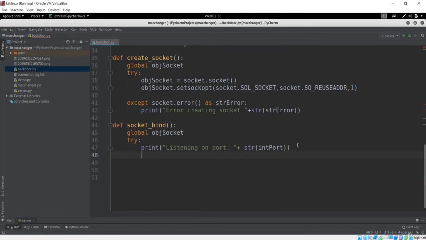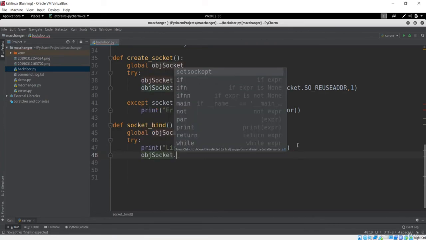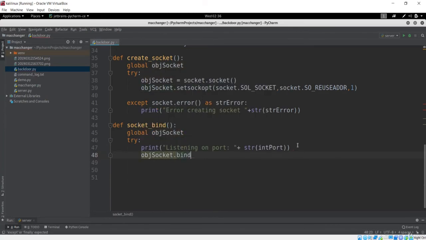So next thing is to bind. I'll take that object socket and bind it with the tuple, and the tuple here will be your str host, and next thing will be int port, which is our port. So this bind is basically the address family representative, and this will take the form of a tuple of our port and the host. So next thing is to call the listen, and I'll say 20 second,